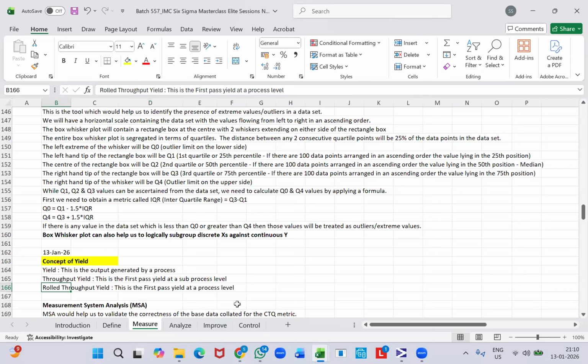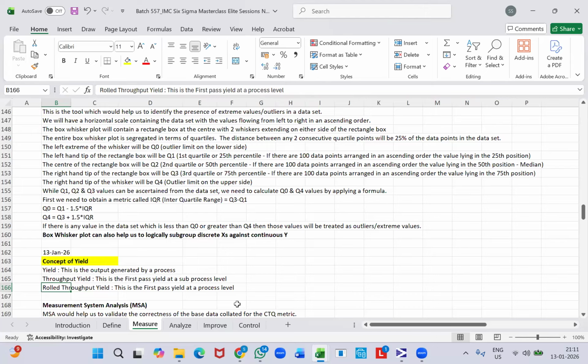So how do we calculate this roll throughput yield? We need to simply multiply the throughput yield values that we would have obtained for the multiple sub-processes. That's it. So you will get the roll throughput yield. Suppose the throughput yield values are given as percentage values in the question. What are we supposed to do? We need to first and foremost convert those percentage values into decimals